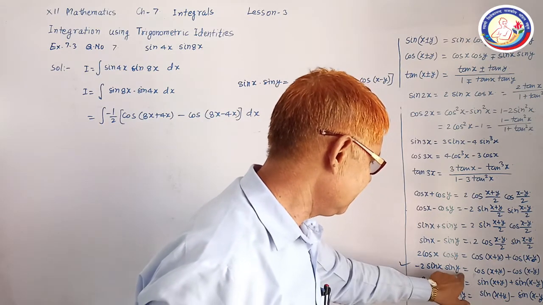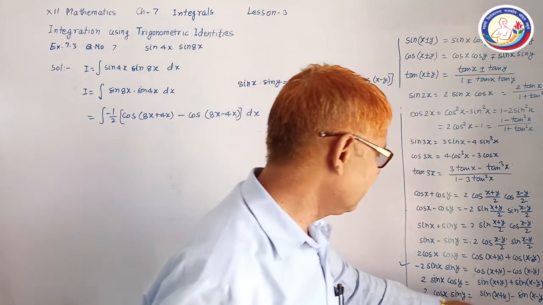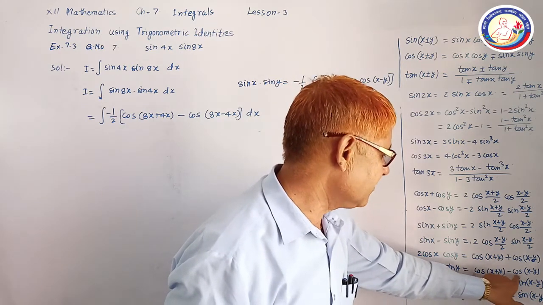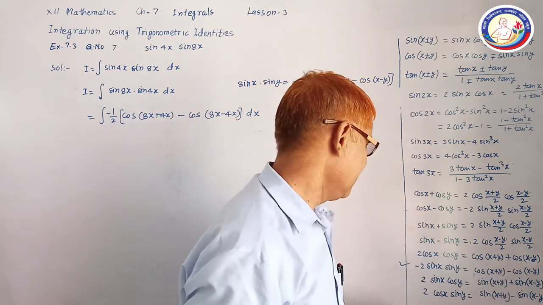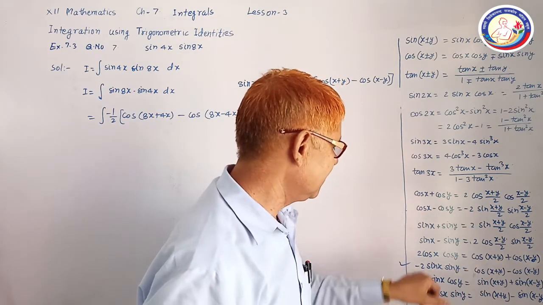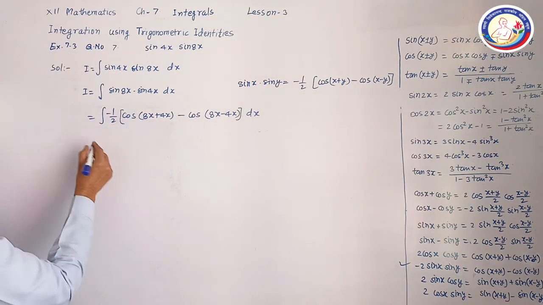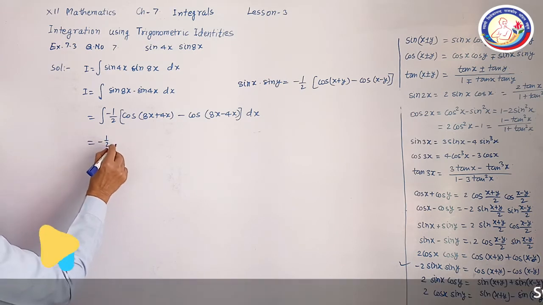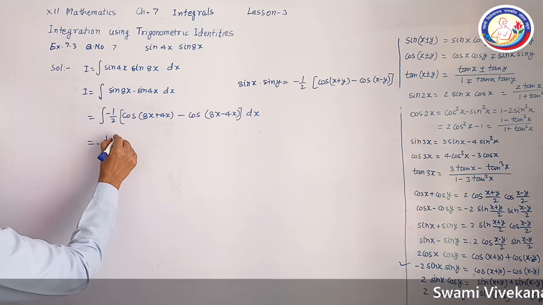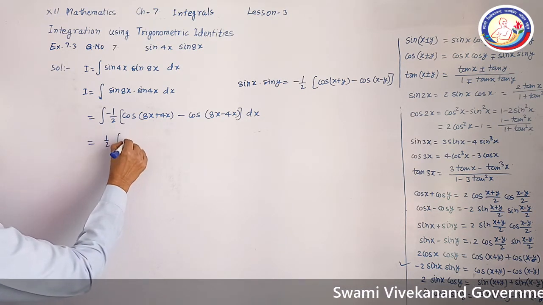These are two different angles. Then this will be equal to cosine of first plus second, and the minus cosine of first minus second, and we have divided it by minus 2 as this minus 2 is present here. So using this formula we are obtaining this step. Now minus 1 by 2 is here, or we can take 1 by 2 outside, and it will be integration of,